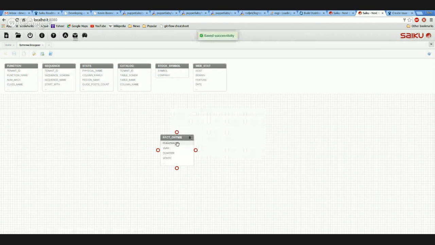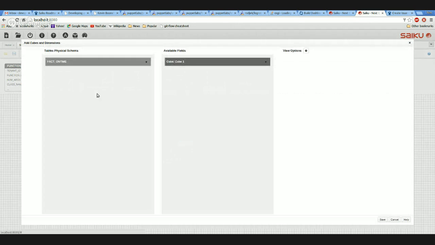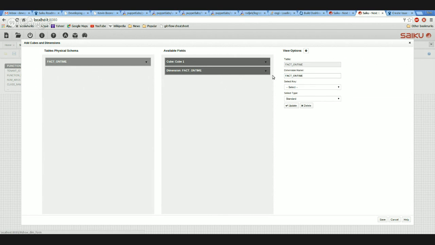And so we'll assign it a random key. It doesn't really matter because we're just doing a one table cube, but we select the fact on time. We can then start adding dimensions to our cube. I've got a pre-made one I did earlier, but we'll just go through this to demonstrate how it would work. So if we wanted to create a departures information dimension, we could then drag fact on time in,